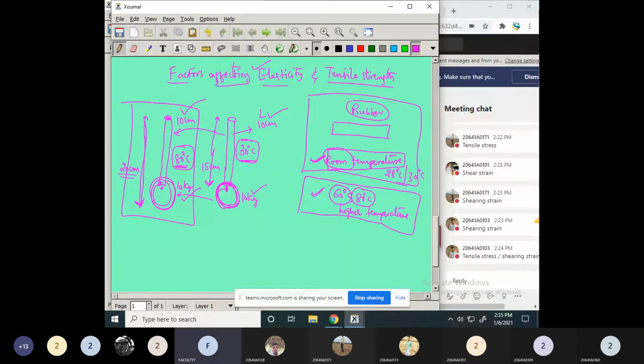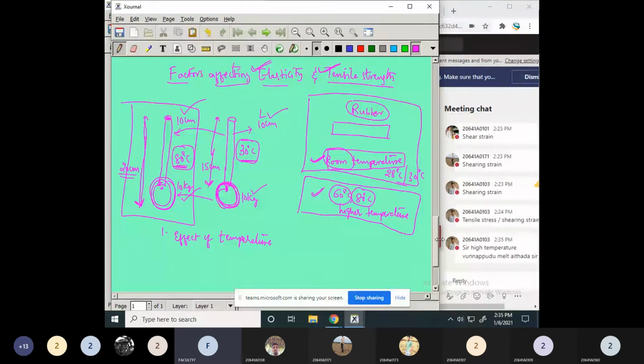The elasticity, or else this particular tensile strength, will be affected by means of temperature. So temperature is going to affect the elastic property or the tensile strength. So that you are going to mention as the effect of temperature. Effect of temperature, the first property. So due to that, what is going on here? The internal elastic property